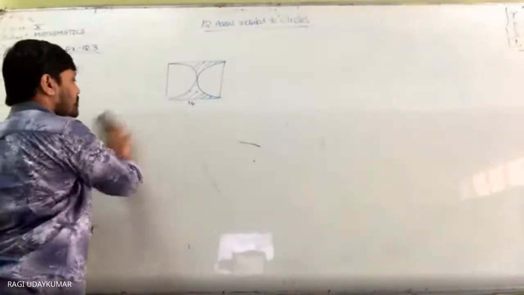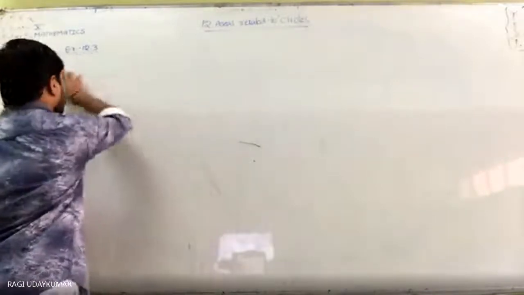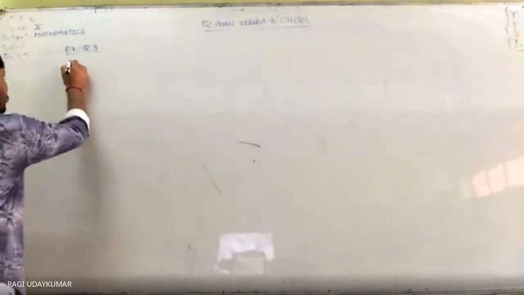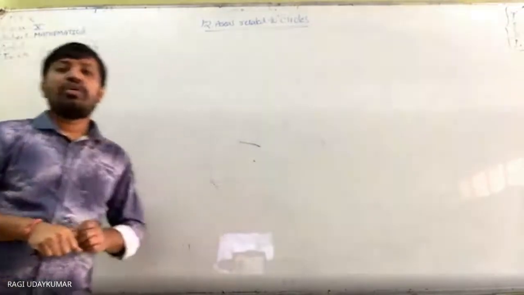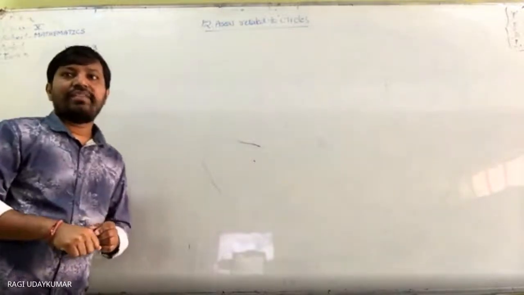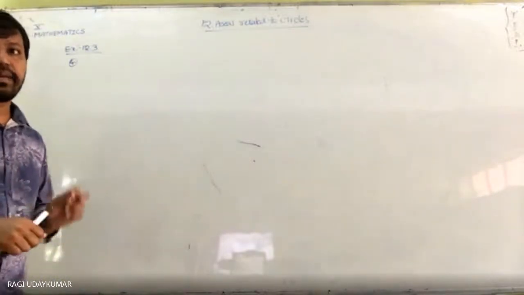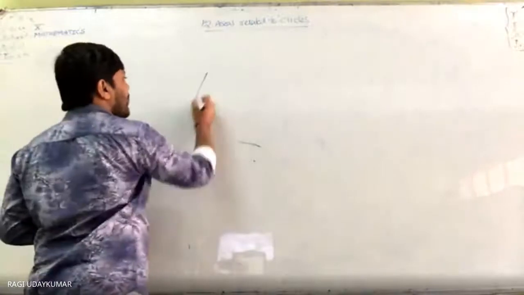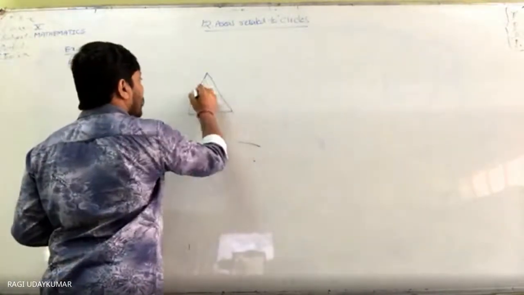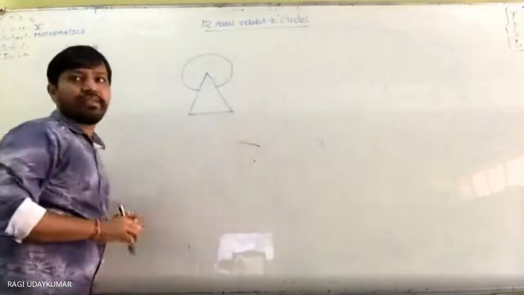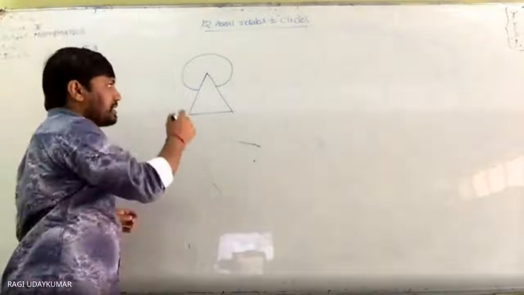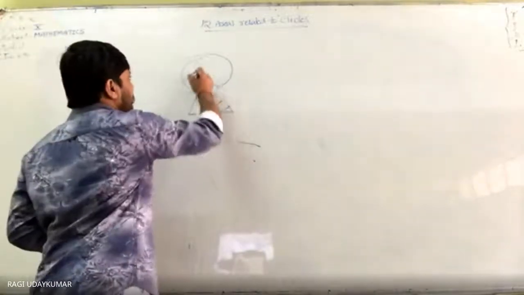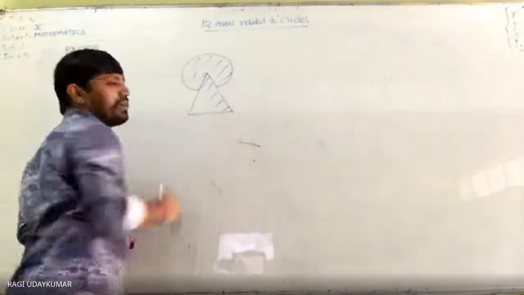Yes, sir. So next, let us go to the fourth question. The question is given: find the area of the shaded region, 12.22. The figure is given to you. And where is the circular arc? The figure I am going to draw. A triangle is given to you like this, and like this one circle. Find the area of the shade. Completely everything inside is shaded here. This part's area you need to find.